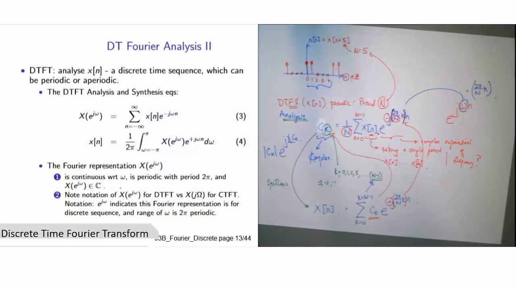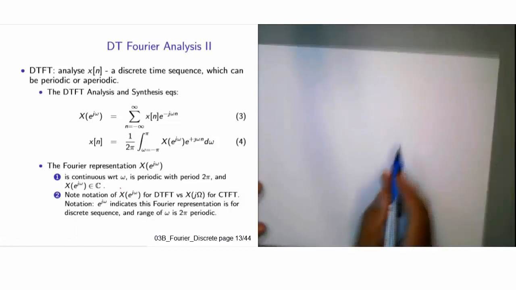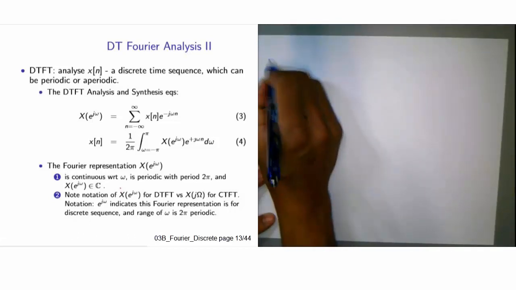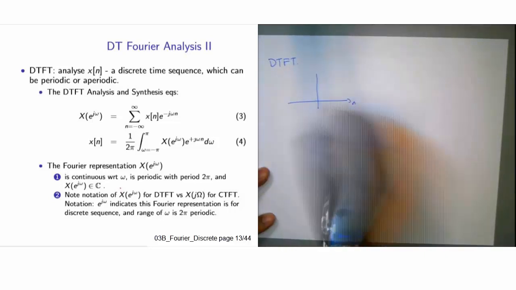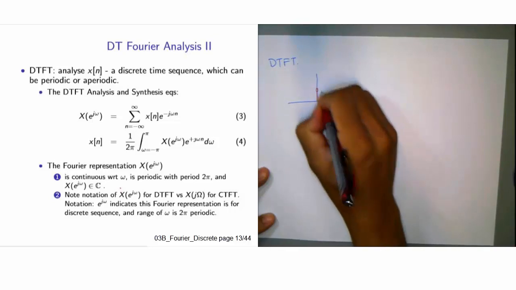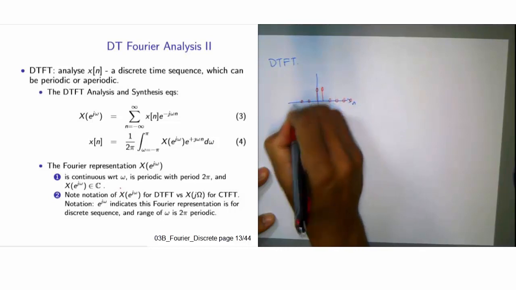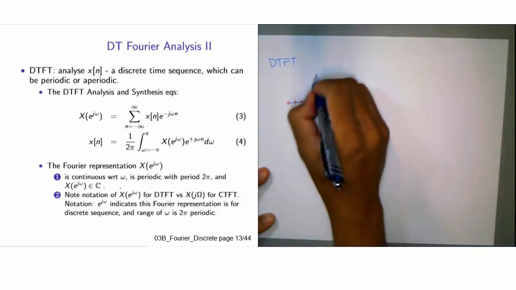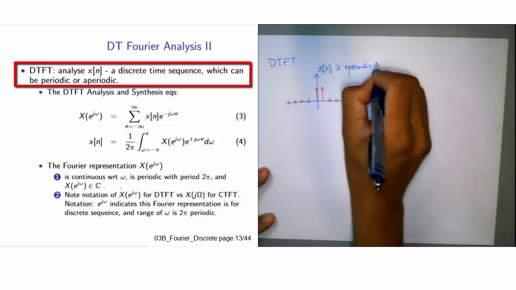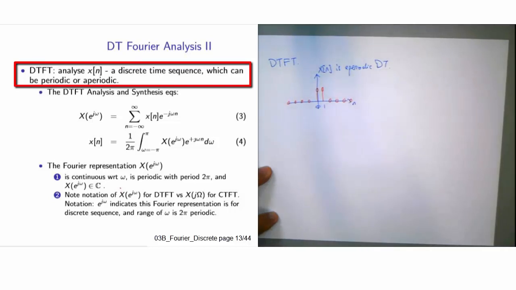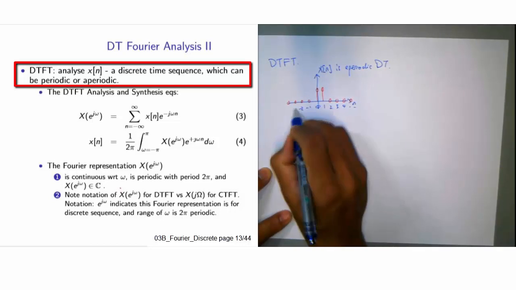Now let's deal with the aperiodic example. In the aperiodic example, we use the discrete time Fourier transform. This is n, and we have 1, 2, 0, 0, 0, 0. We now see that my x of n is aperiodic, discrete time. It is only interesting at 0, 1, and for 2, 3, 4 onwards, and -1, -2 onwards,